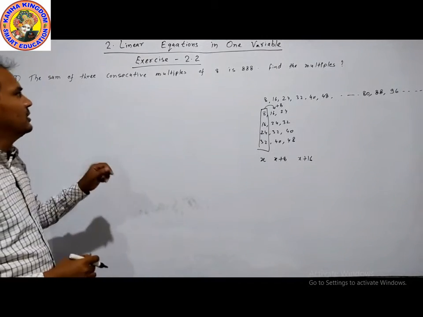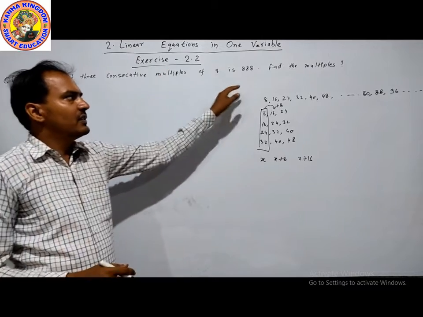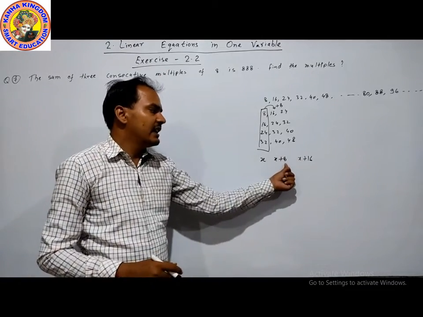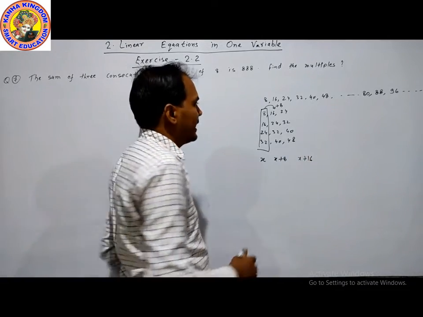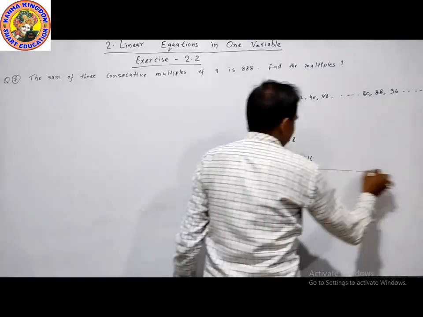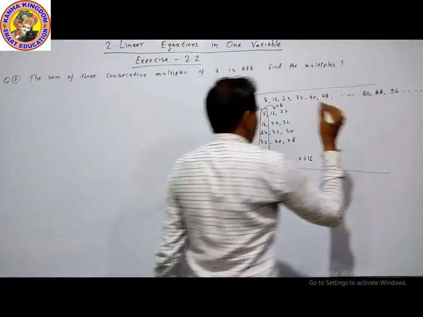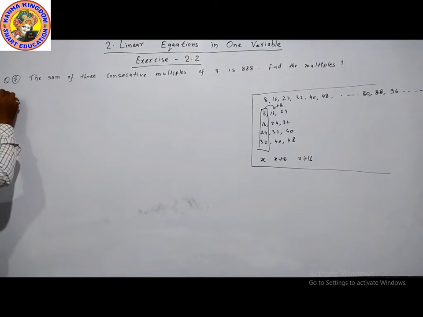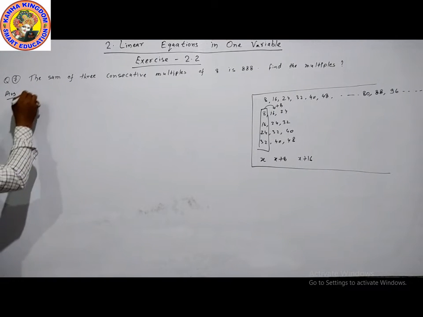Then our 3 consecutive multiples of 8 are x, x plus 8 and x plus 16. This is our rough part. Now attending the question, the answer is,